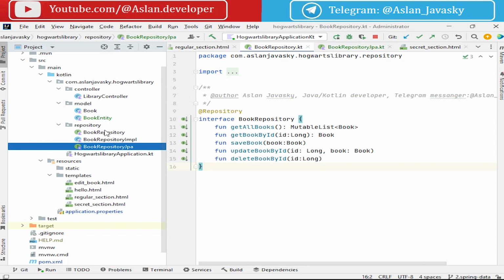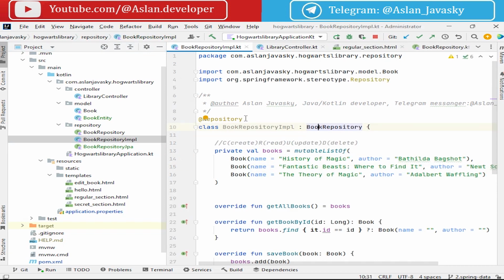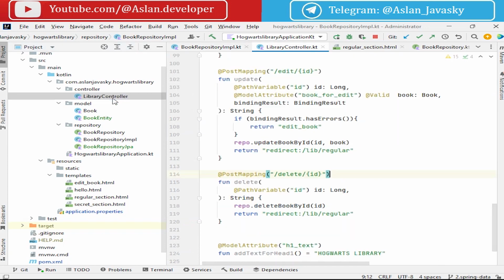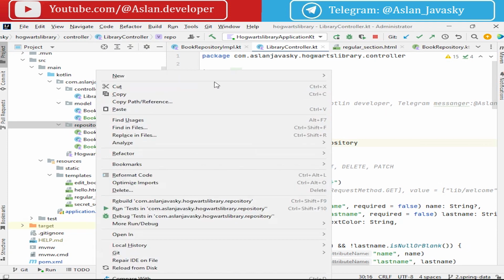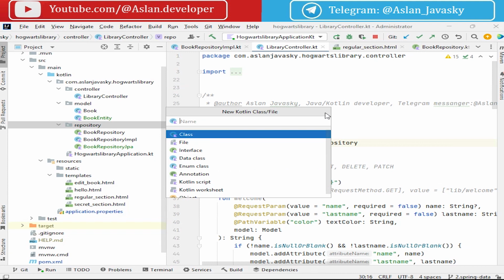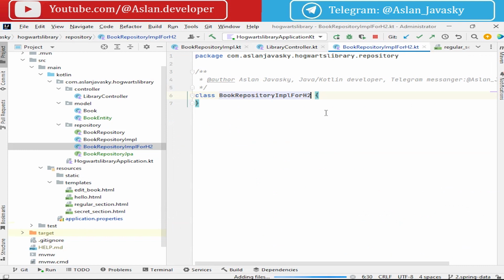And by using inversion of control, you know about inversion of control, we will attach this repository to our constructor here only by using a qualifier, for example. So let's create a book repository impl for the H2 database. Okay,